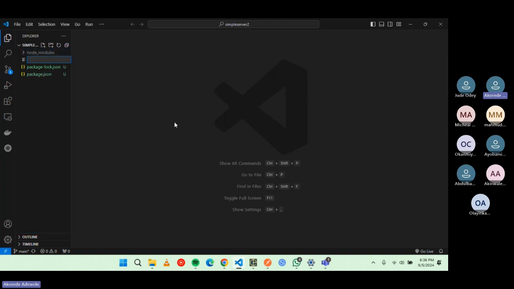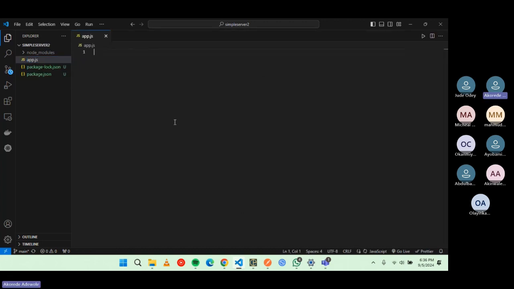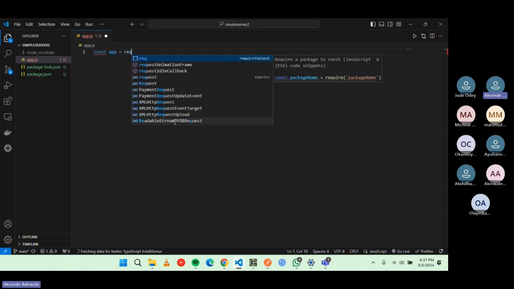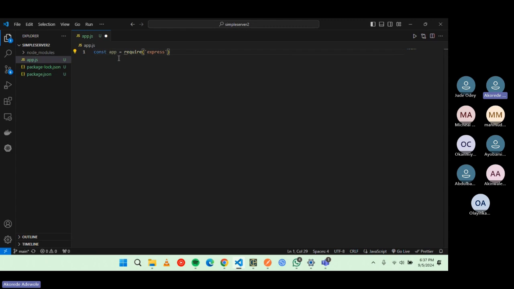You want to create a file, and you can call it anything you want. Say app.js. Like I told you, we can import in two different ways. You could say const app equals require, and this is a JavaScript thing. It tells specifically that it is a CommonJS module, which can be converted to an ES module. But I changed my mind. I want us to import, so we see what's actually being imported. So we say import express